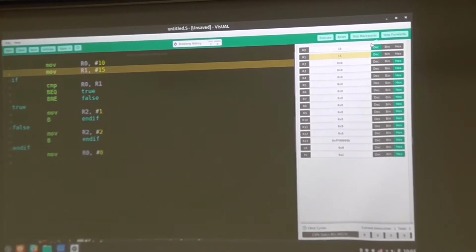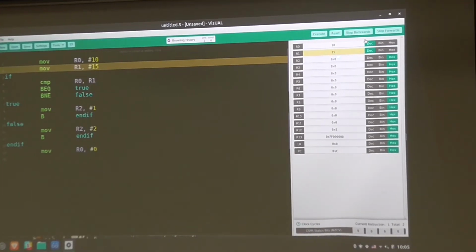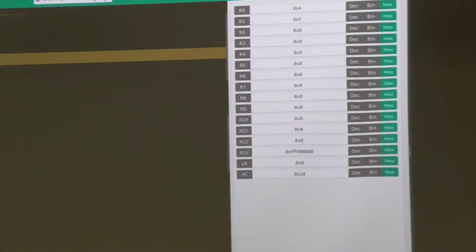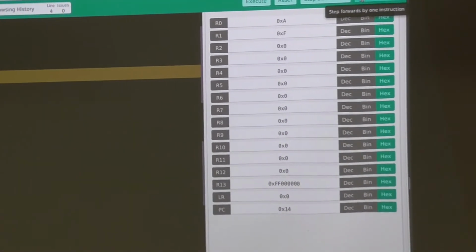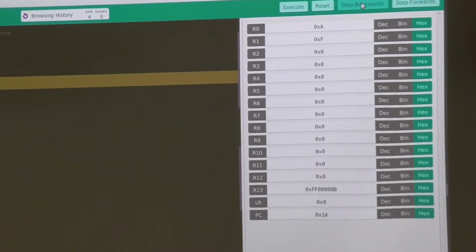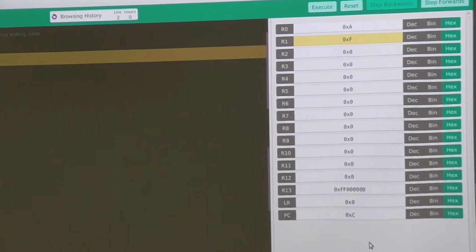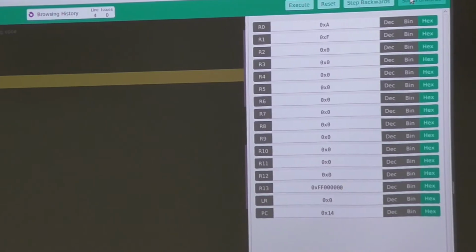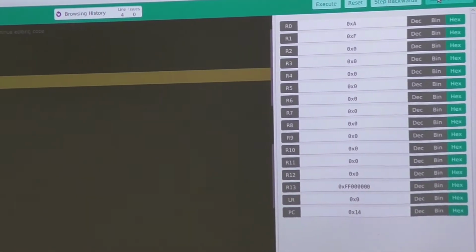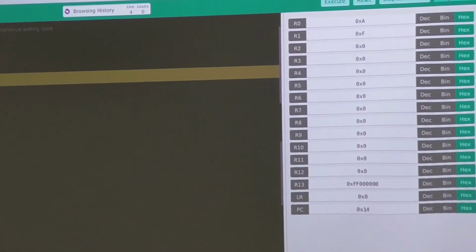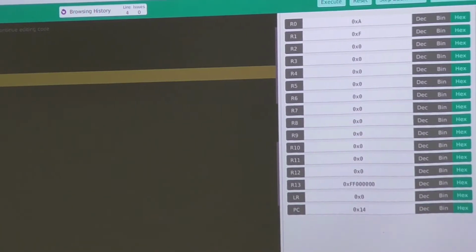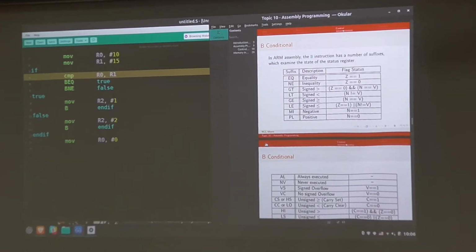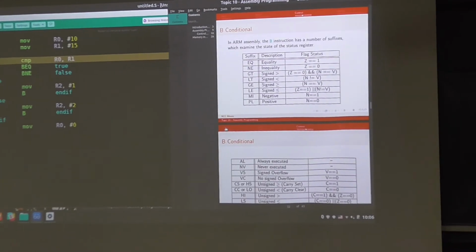So the value in R0 is 10, the value in R1 is 15. Notice that the status register prior to the call to comparison is cleared. It's all zeros. After comparison, the N flag is set, but the rest are 0. If we take a look at our documentation,